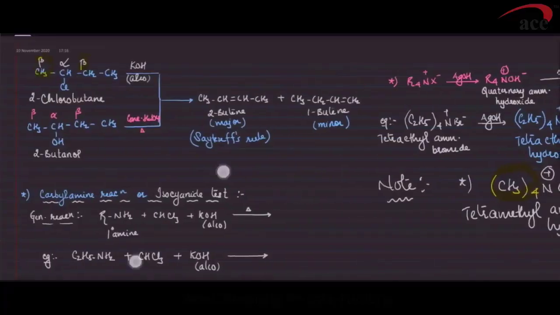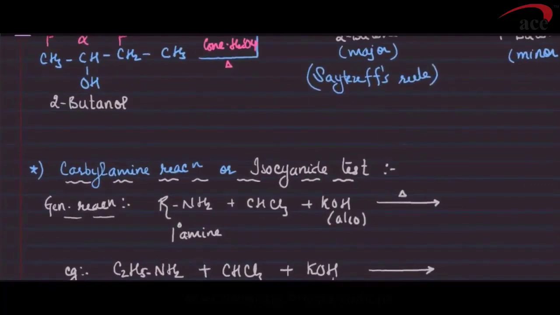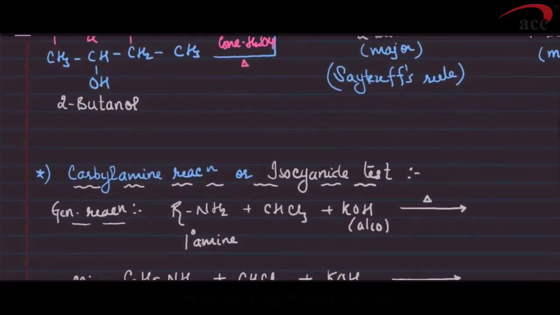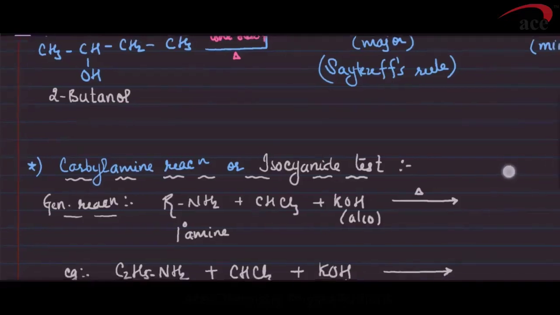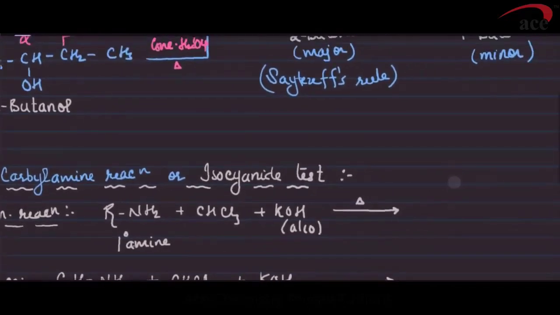Students, what we have is the carbylamine reaction. This has already been covered in trihalogen derivatives. The carbylamine reaction is also called the isocyanide test. This test is given by both aliphatic as well as aromatic amines. So when a primary amine, whether it is aliphatic or aromatic, is treated with chloroform,